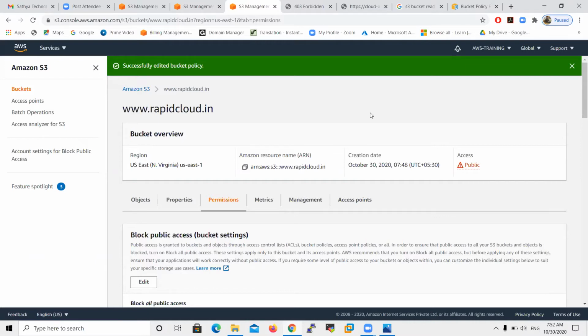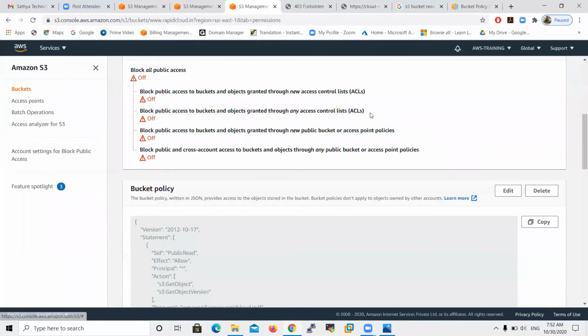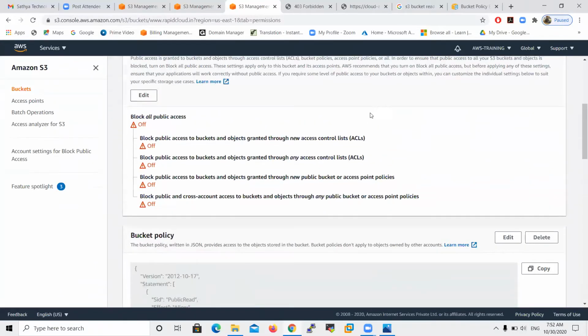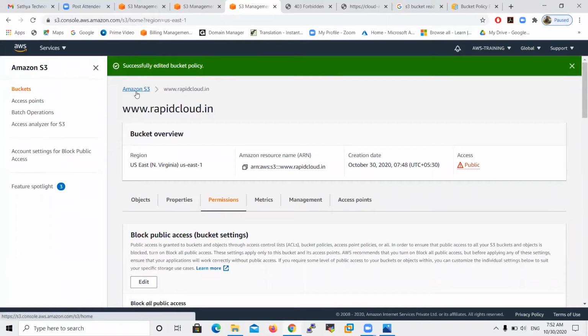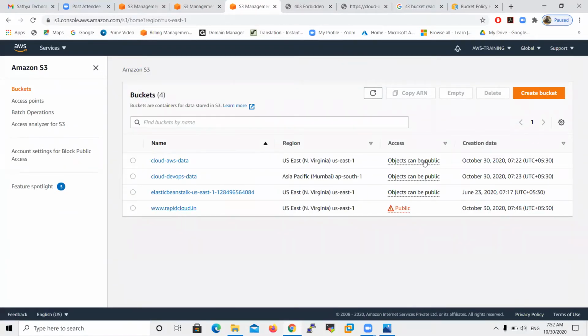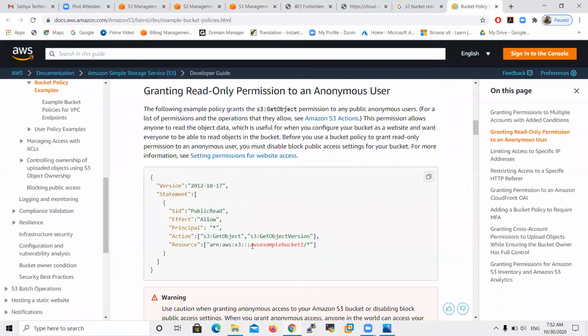Okay, so now the bucket is successfully updated. Once the bucket is public, you can observe that rapidcloud.in is public, while all the remaining buckets and objects can be private. My policy's aim is to share the bucket in read-only mode through static website hosting.